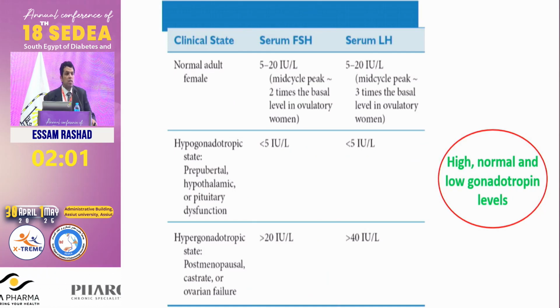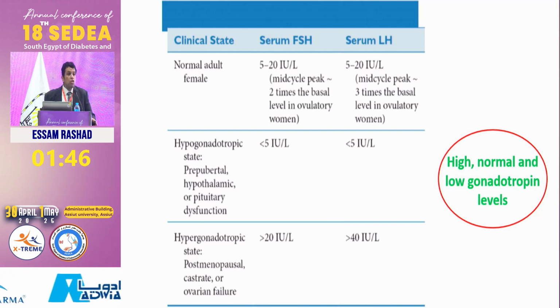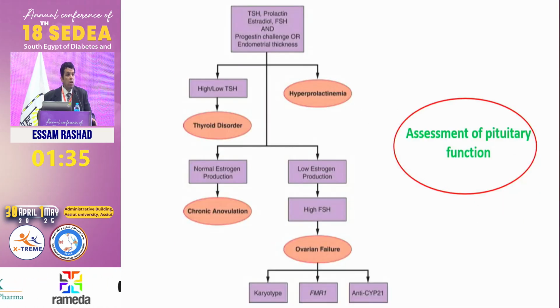The question is if the ovary is not producing adequate estrogen. And these are the cutoff levels. So we measure the FSH only. It will be abnormal if less than 5, abnormally low. It will be abnormal if it is above 20, abnormally high. If the FSH is abnormally high, this means ovarian failure, and there is nothing we can do. This is the end of the story, unfortunately. Right? If it is abnormally low, the FSH, then we think of the higher levels, the hypothalamus or the pituitary.